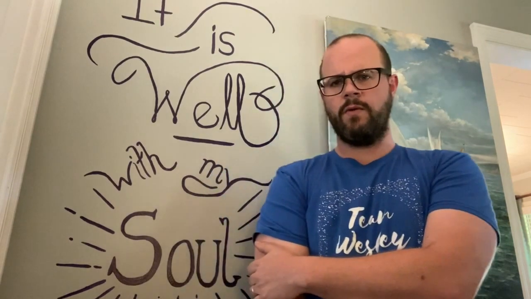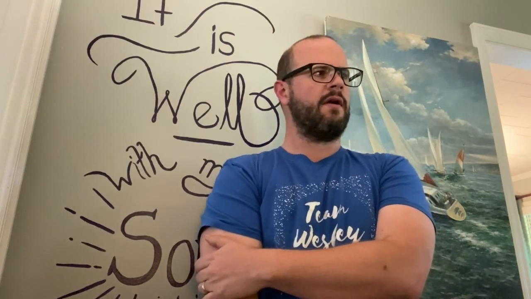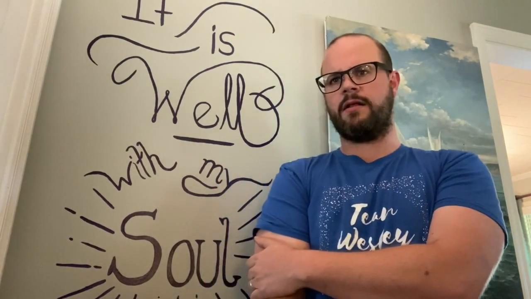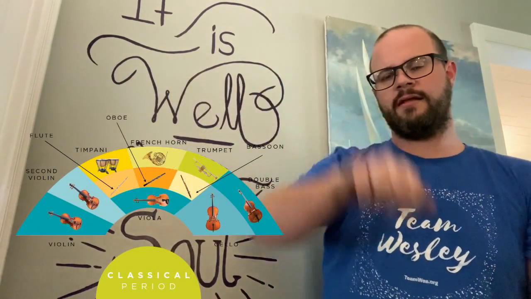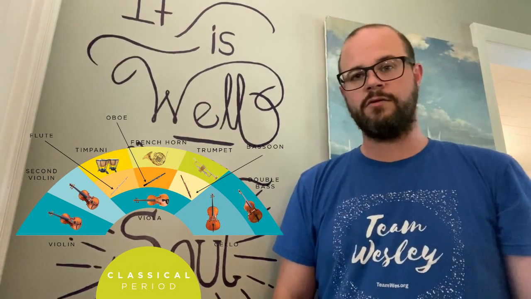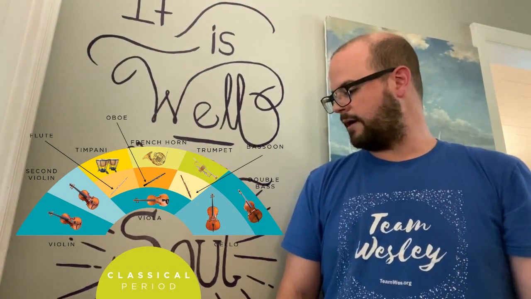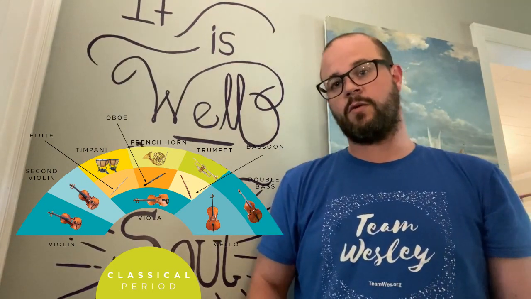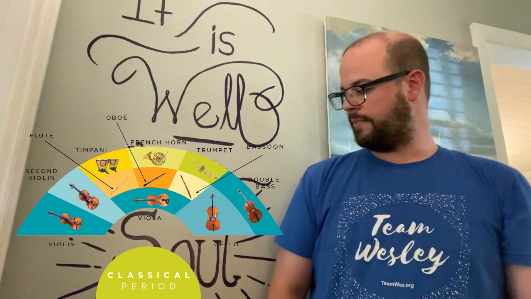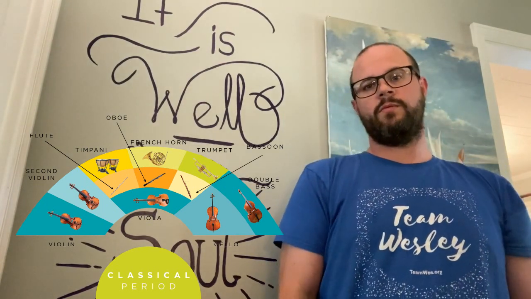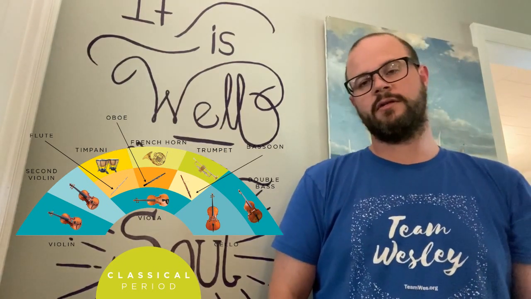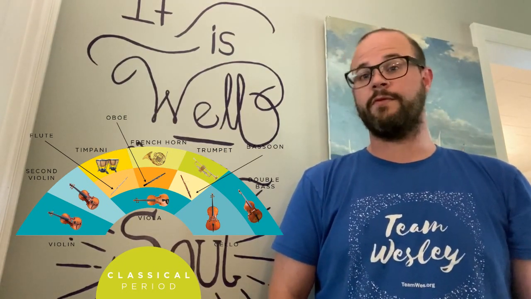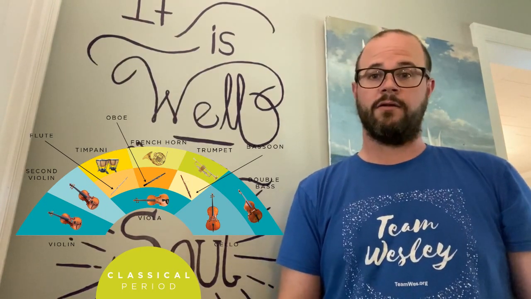So, I want to talk a bit about the seating arrangement in the orchestras of those periods. The classical period, I'm going to put a picture right here, where you can see that the string section is in the front, closest to the audience, and that's because the string section is the quietest section of the orchestra. And behind them would be the woodwinds and the brass section, and then behind them is the percussion. The main instrument of the classical period for percussion were the timpani, those big kettle drums that you can see